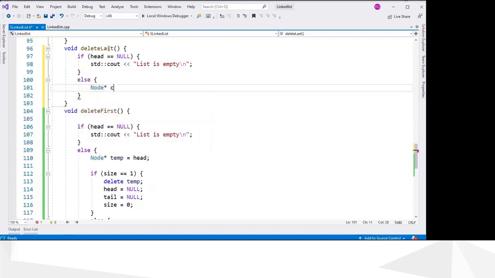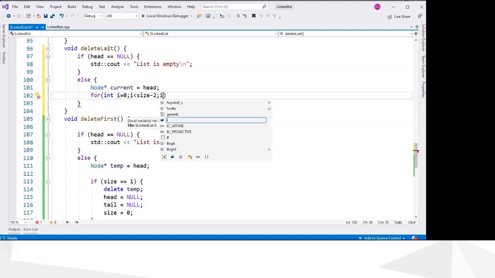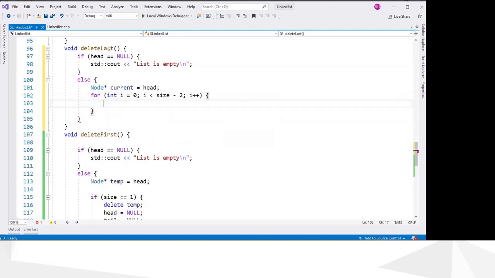we have to make a pointer called current, and it starts with head, and then we have to use a for loop, int i equals 0, i less than size minus 2, i plus plus.